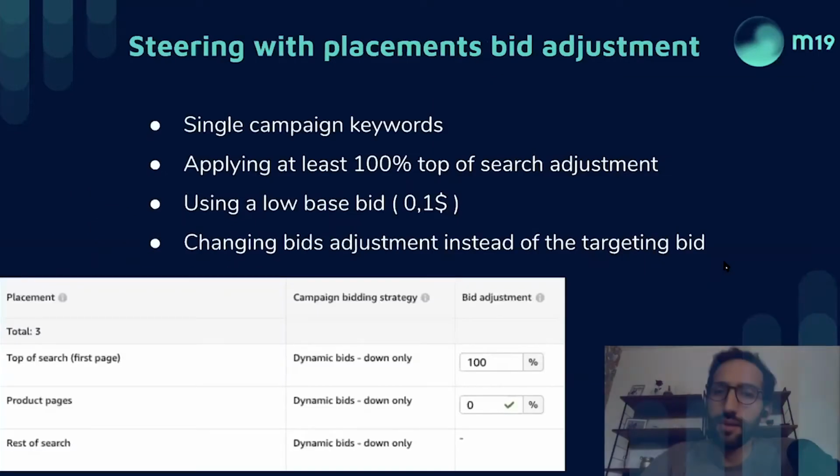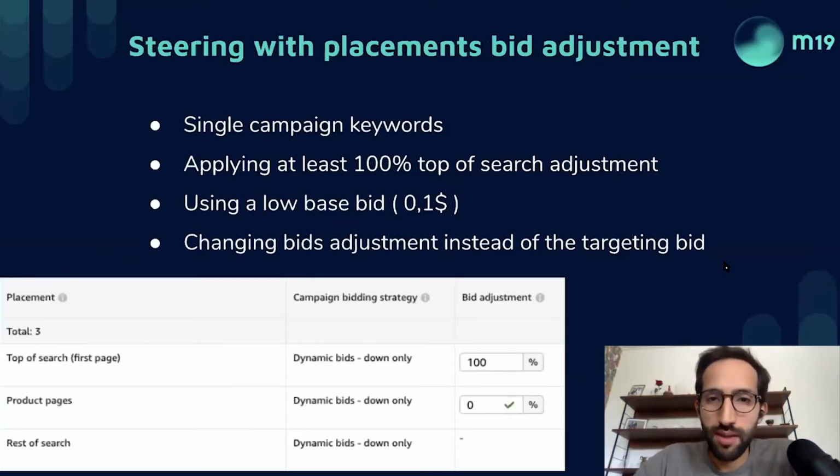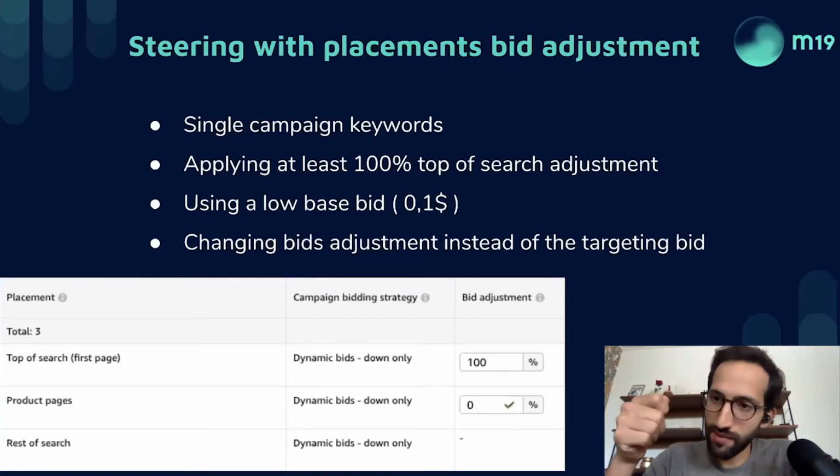The second strategy is steering with placement bid adjustment. To do that, there is a prerequisite: to be doing only single keyword campaigns, for the reason I explained before. This is the only way that makes you able to adjust a given keyword for every placement.